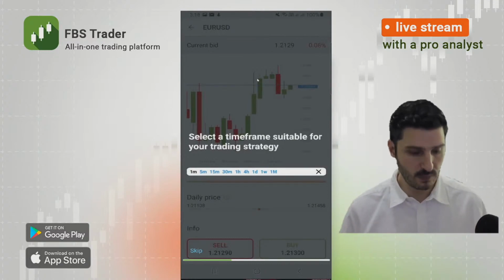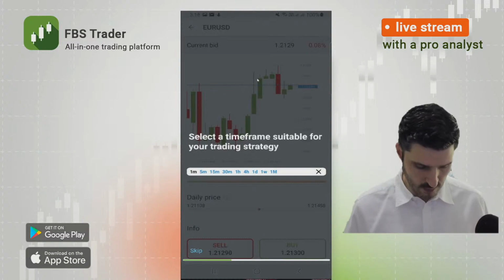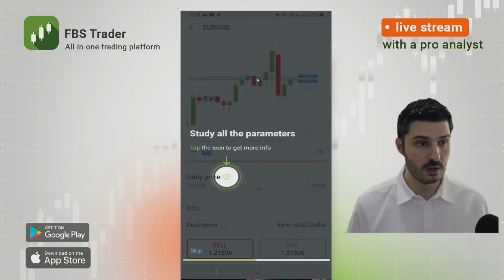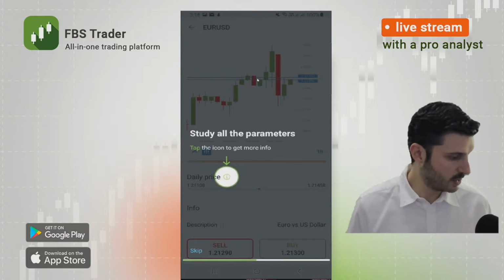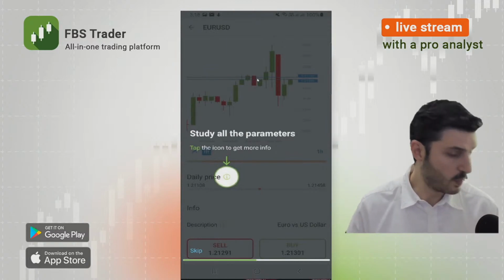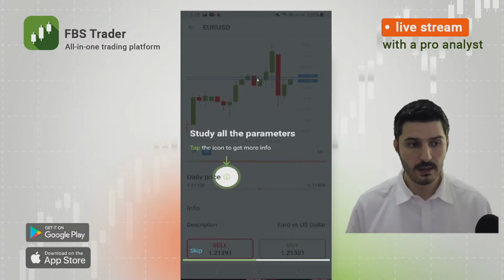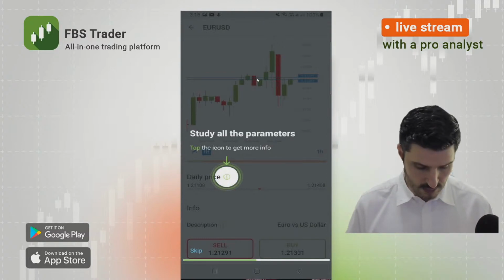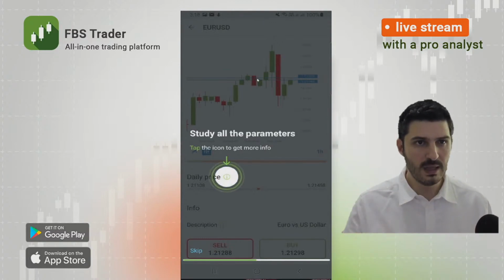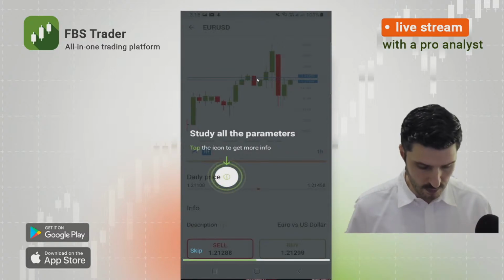So this is how you can watch. Let's say we want to watch the euro on the 1 hour chart. There you go, it already changed it to 1 hour. So it means each candle is 1 hour instead of 1 minute. At the same time, under the daily price, there's an info button. Also, if you click on it,